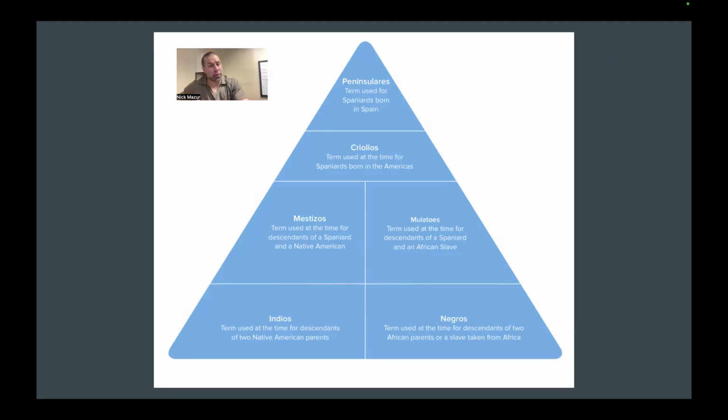Underneath the Criollos, you have two groups. You have the mestizos and you have the mulattoes. Both of them have some degree of Spanish blood, but one is mixed with Indian, the other one is mixed with African slaves, right? They both are below, they both have two separate groups. And then below that, you have individuals that are natives and people who are black slaves, right? No degree of Spanish blood in either.